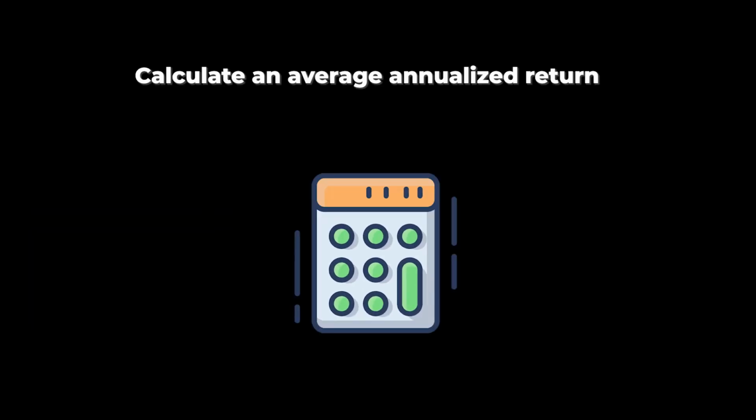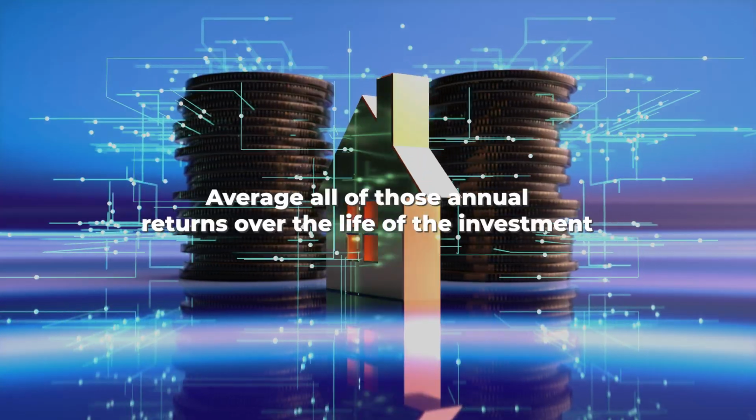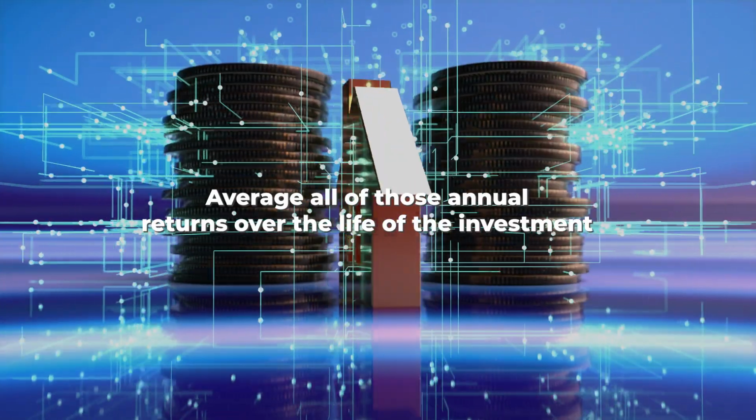Now, average annual return, the way essentially it's calculated is you're gonna look at your cash flows every single year, right? So let's say, again, for easy numbers, someone invests $100,000. Let's say for the first 4 years, they make $5,000 per year. So 5 for the first 4 years. And then let's say they make that $80,000 of profit on the sale on year 5, right? So essentially what you're gonna do is you're gonna calculate an average annualized return. So, that first year, $5,000 on 100 is gonna be 5%. And you're gonna do that math every single year, including the last year. And then you're gonna average all of those annual returns over the life of the investment.